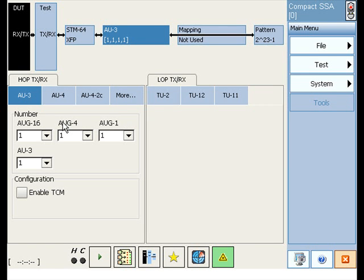Now as we can see on the screen, we have different AUGs that we can select. This is done in a type of matrix, so you have to know exactly which AUG16 you're going to select from the drop down menu, and also which AUG4 you're going to select, and also the AUG1 that you're going to select. So for instance, if you want the third AUG16,